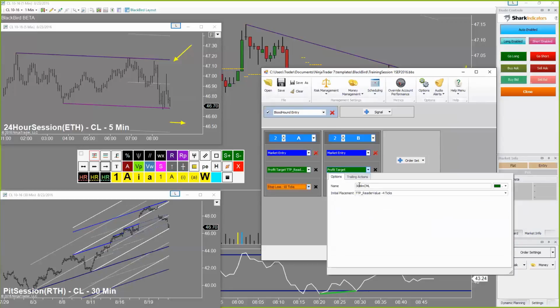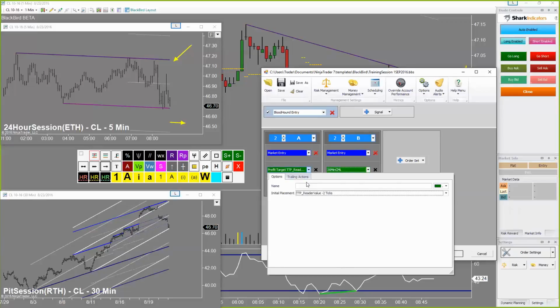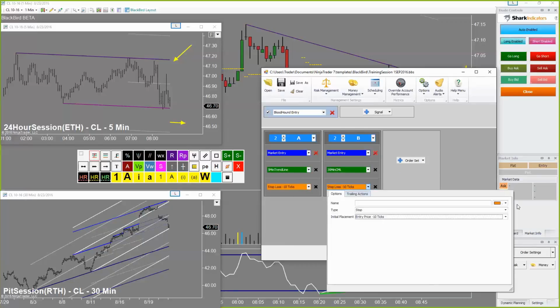And then we have named it 30-minute center median line, which is going to be order set B. And then this one is going to be 5-minute, I guess we'll just say baseline. Say trend line. And then we add the stop loss. We're going to offset 10 ticks fixed. And then we're going to, I guess I'll name it,